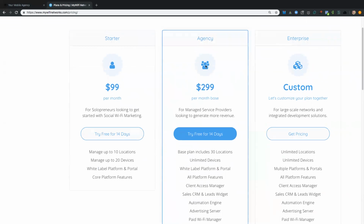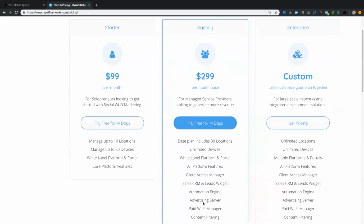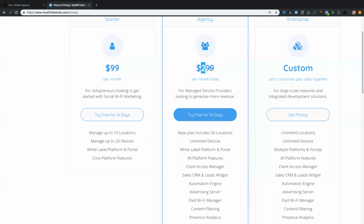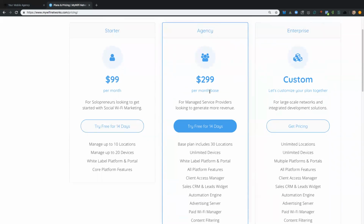So the thing is, a lot of you guys currently are on this plan over here, and you had to take advantage of all of these features. Now, wouldn't it be great if you could sell somebody else this plan without them knowing that My Wi-Fi exists? So essentially, the ability to sell another agency this plan that's not sold for $299, maybe it's sold for $2,000, $3,000 a month. In addition, you can upsell them all the marketing services that you would be using in here, but their whole instance, their whole setup is their own white label, their own domains, their own control, and you have global access, admin access to this account in addition to you provisioning the account without even talking to us